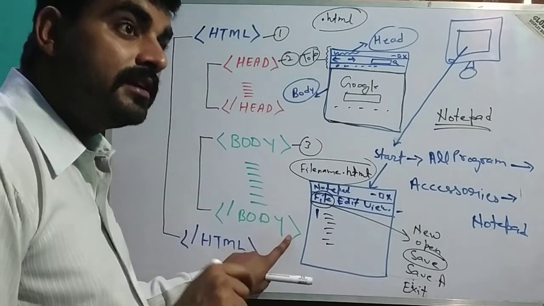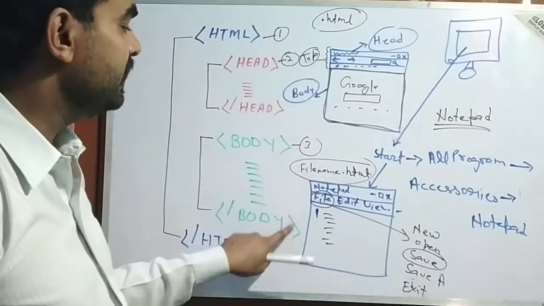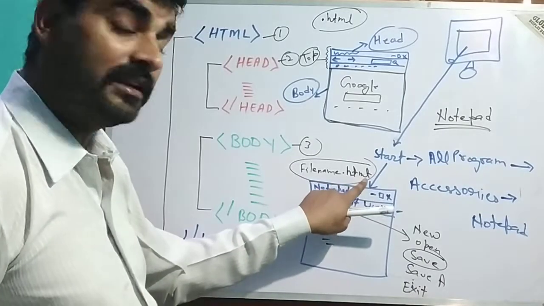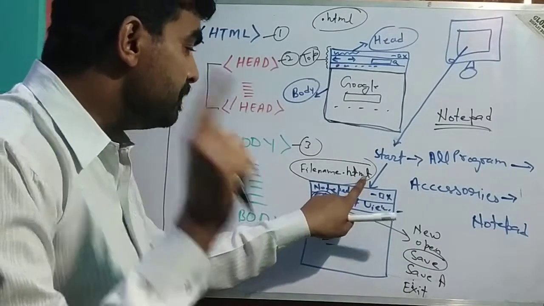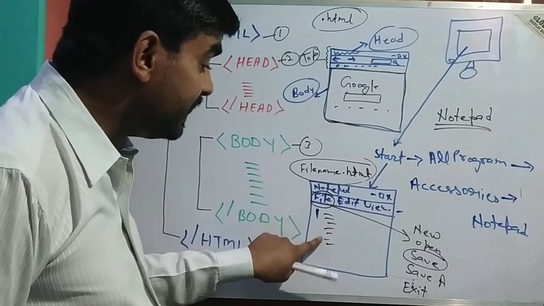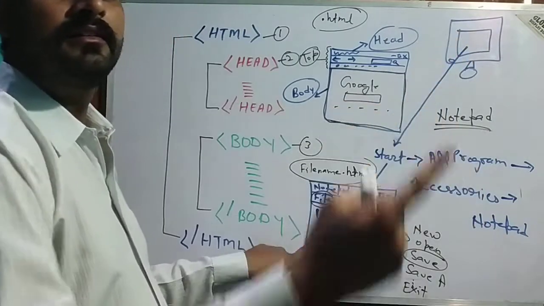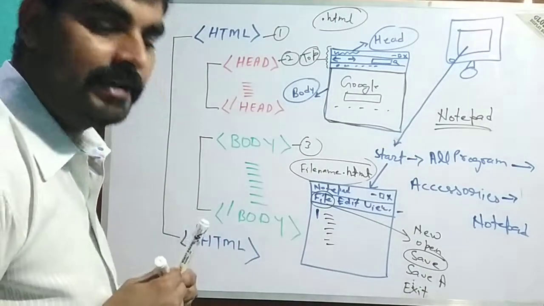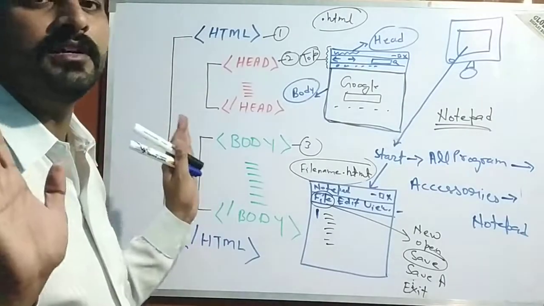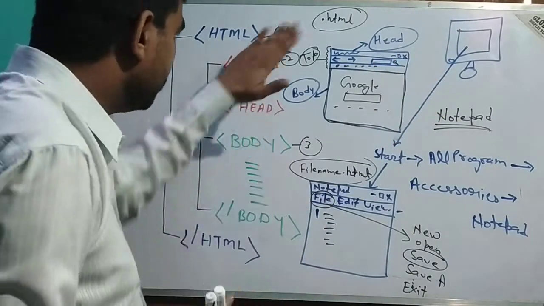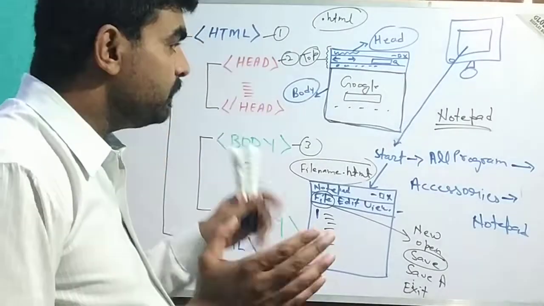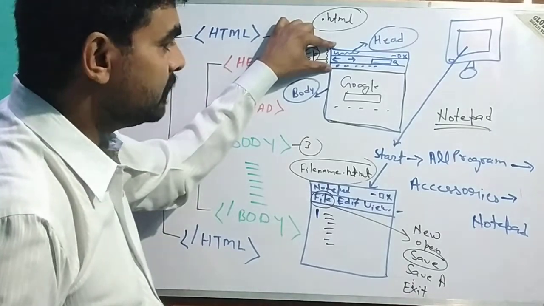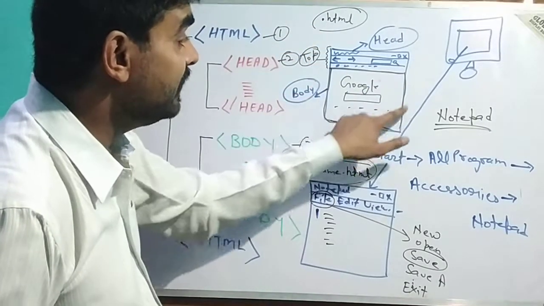And the second question was how to turn the code into a web page. So student, this is the process. When you are saving the document, use the .html extension. It will make your simple text file a web page, and it will be opened. This file can be opened with the help of any browser which is available on your computer, and that code will display this kind of appearance where you can find the top part, which is the head part, and the bottom part which actually contains the body.